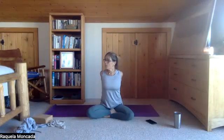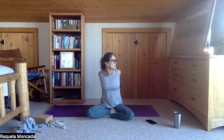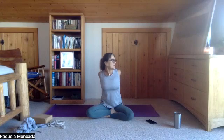And then back through center, bring the arms up and over to the side and behind you. Interlace the hands behind you, move the chest, the arms away, look over to right shoulder. And exhale, release the arms, the elbows, head back through center. Straighten the arms, move the arms away, look over to left shoulder. And exhale, release the arms, head back through center. Move the arms away, look over to right shoulder. And release, head back through center, relax your elbows, move the arms away, look over to your left, and back